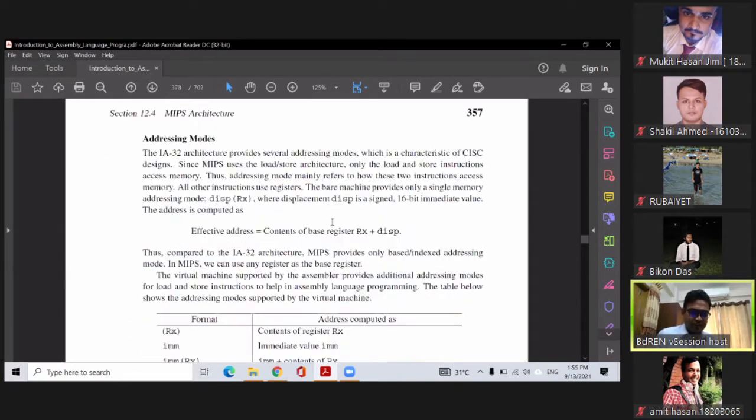Fine. And the addressing mode also, if you remember, in the Pentium processor, that is the CISC type of processor, the addressing modes are very complex. We have register addressing mode, immediate addressing mode. There are 2 types of memory addressing mode. There are some other types of addressing mode as well. So those are complex. But here,